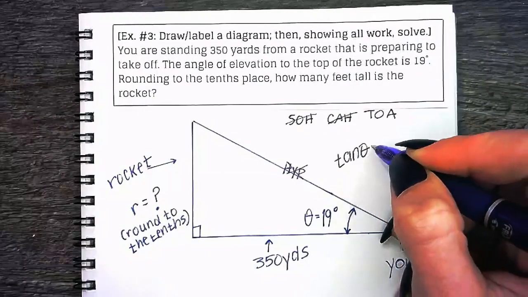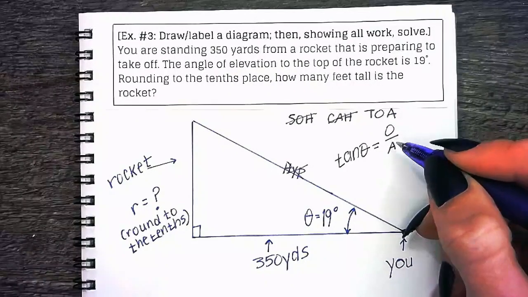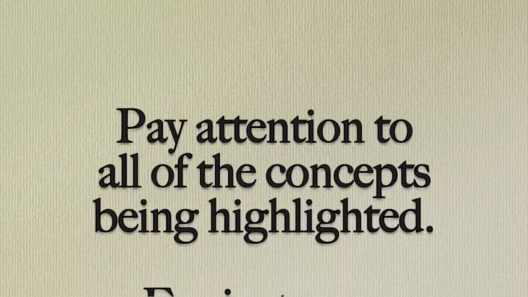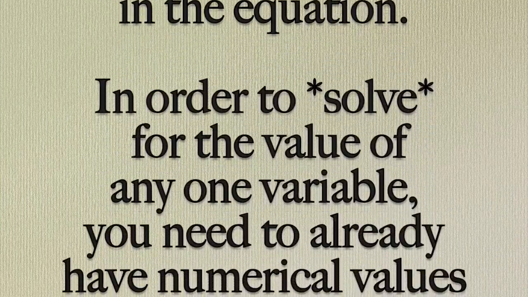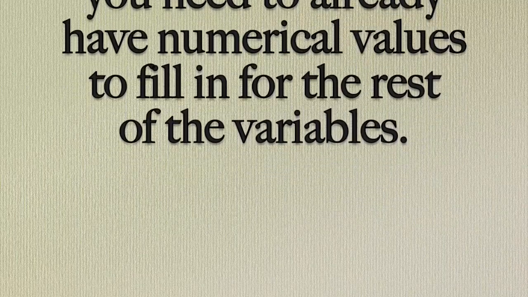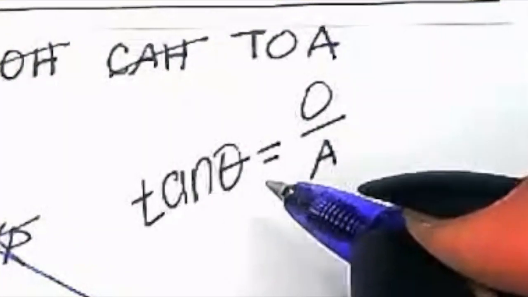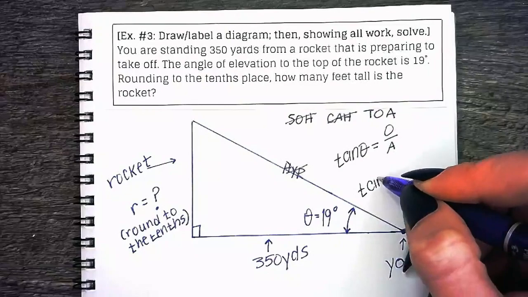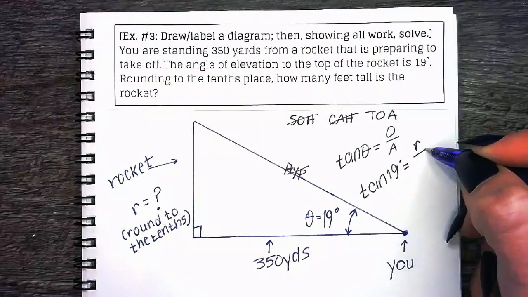Tan of theta, first I'm going to write the formula, equals, there's TOA, opposite over adjacent. Do we know theta, opposite, or adjacent? We should know 2 out of the 3 things. Tan of 19 degrees equals r, the rocket, over,